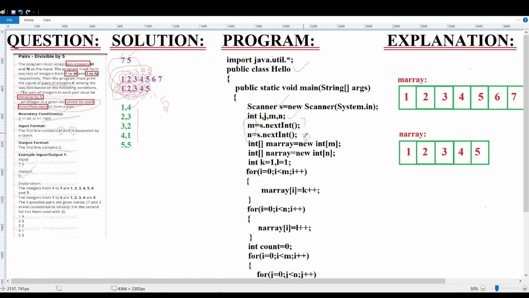Then you're initializing two arrays. The first array is the m array, which will be from 1 to m. The second array is the n array, which will be from 1 to n. So these are the two arrays mentioned here.